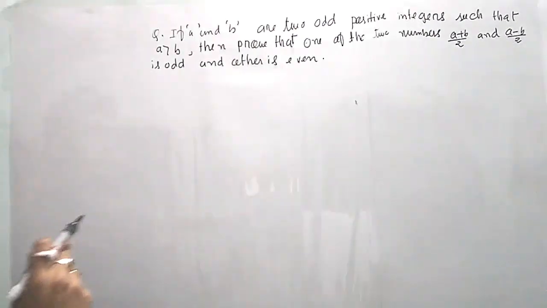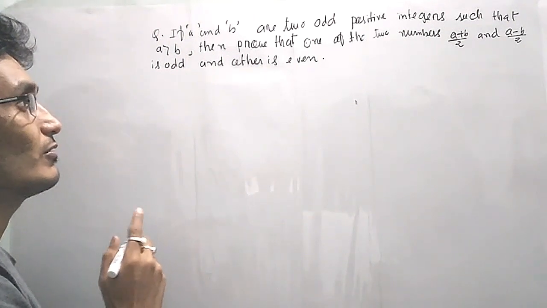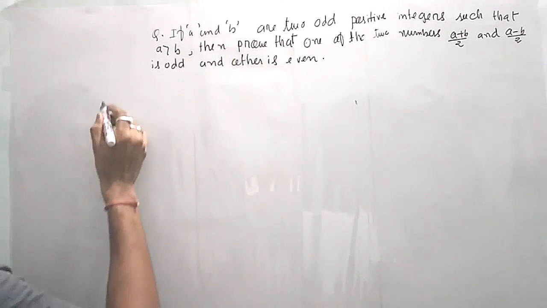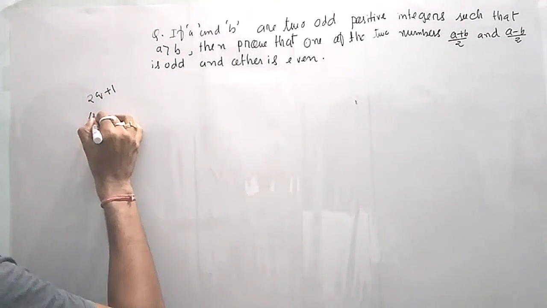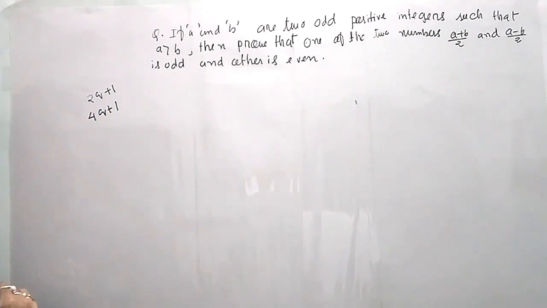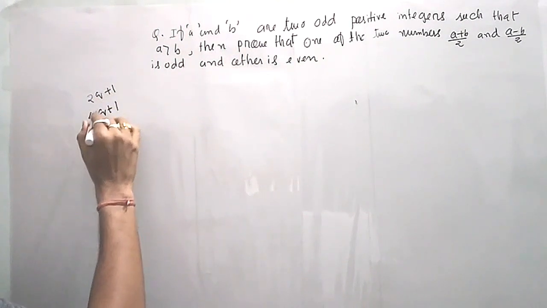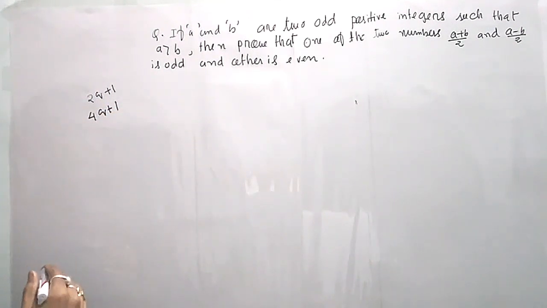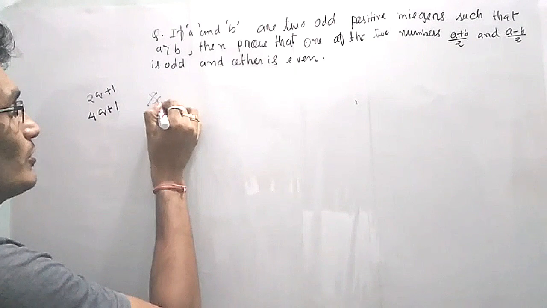To find the answer to the given question, first of all you should know how to express an odd positive integer. So we know that odd positive integers can be expressed in the form either 2q plus 1 or 4q plus 1, where q is a positive integer. So in this case, a and b both are odd positive integers. So solution: